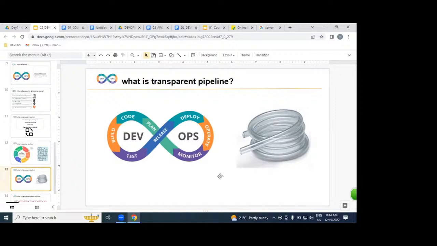Understood? If any issue or blockage occurs in the middle, you can see at one look in this transparent water pipeline where exactly the problem is and resolve it as soon as possible. The same way with the DevOps process, because DevOps is an automated process. DevOps is a transparent process. In the middle, if you get any issue or problem,